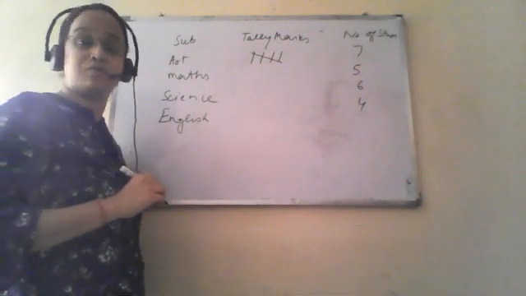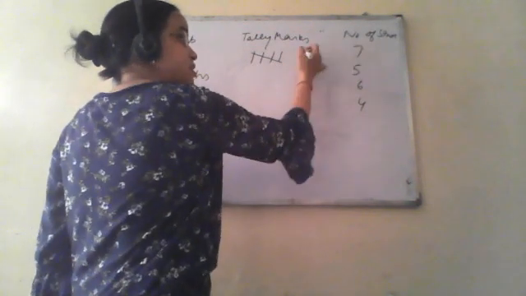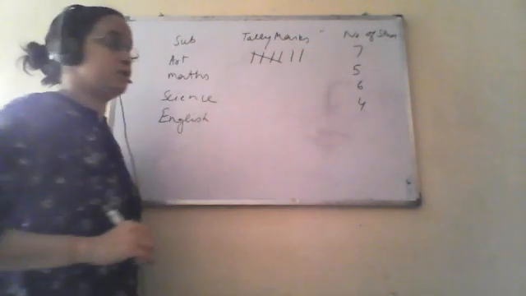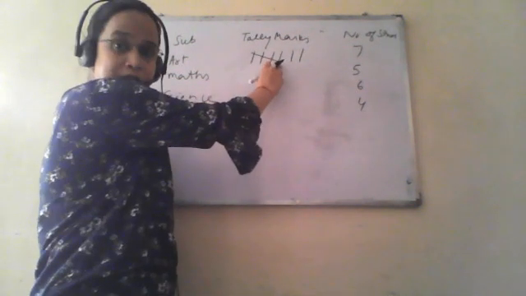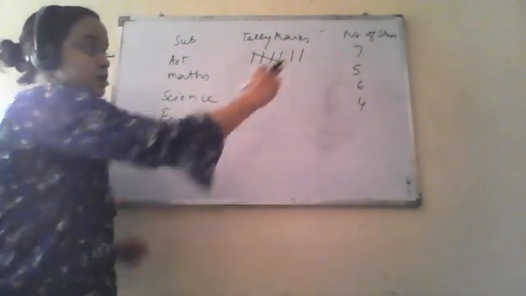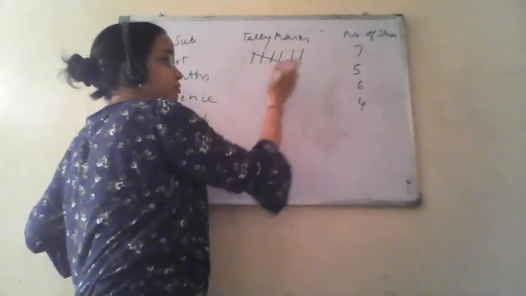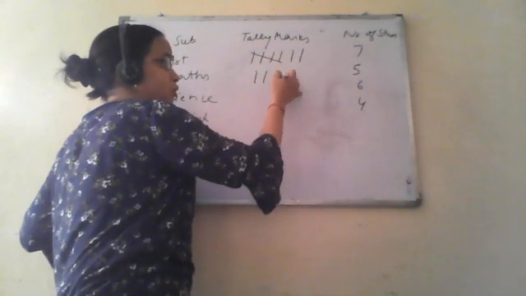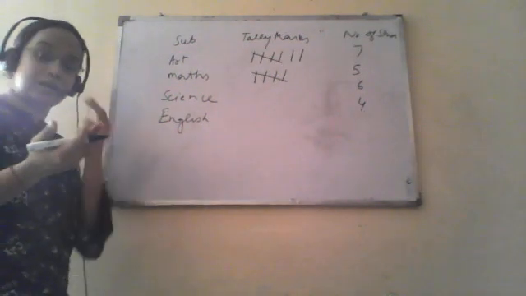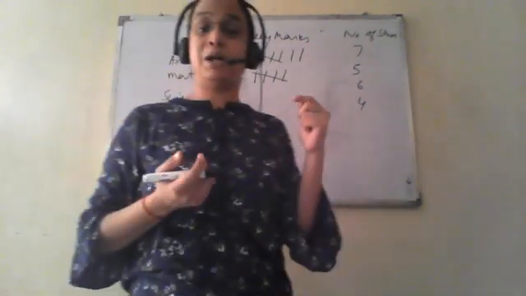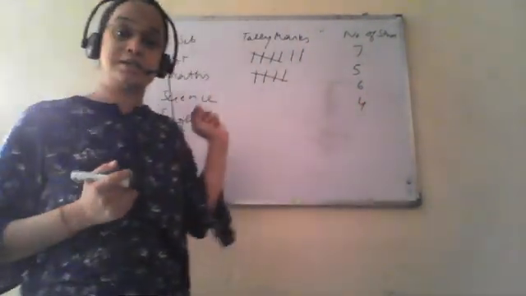This will be counted as 5. Now after 5, we have 6, 7. Okay. 1, 2, 3, 4. This 5th is a slanting line, and this is 6 and 7. Now 5. This is 1, 2, 3, 4, 5. Okay. After that, every multiple of 5 will get this slanting line.